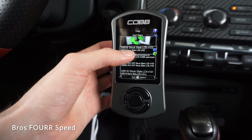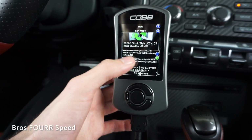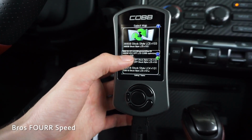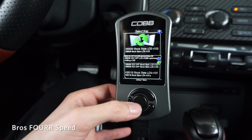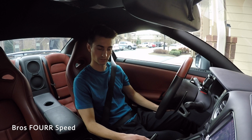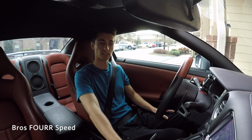So we were doing the stock style LC5 103. Let's go with, so this is V100, but it says optimized shifting. Let's do this one. Let's do the optimized shifting V100. So maybe that's an old one. I'm not really sure. But LC5. So let's click enter. Go into that one. So we have the VDC off LC5 Cobb optimized shifting V100. And then in the beginning it says 38B0B. Don't know what that means again, but we are going to roll with that and see if there's anything different